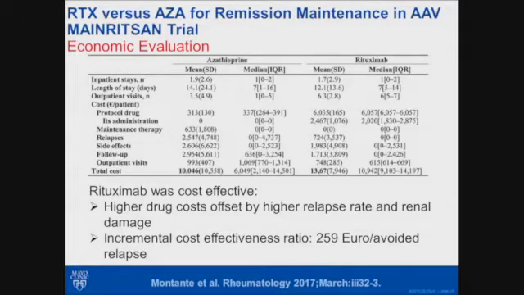Well, it turns out that if you more effectively prevent relapses, you essentially prevent renal relapses and you prevent patients ending up on dialysis and all other complications that come with subsequent relapses, which are tremendously costly to the healthcare system. So when we talk about what a treatment costs, I think as a society and as an advocacy group, the Vasculitis Foundation could also play an active role in advocating for looking at the overall cost of treatment